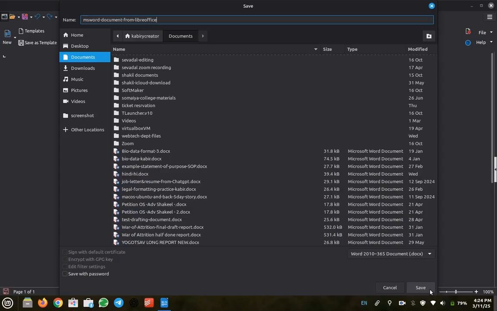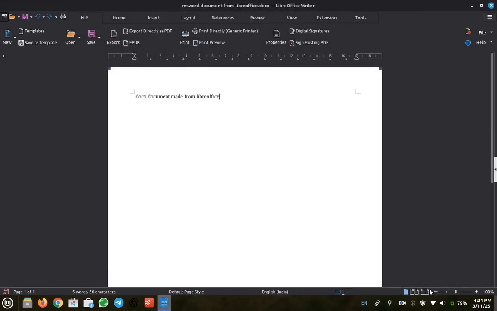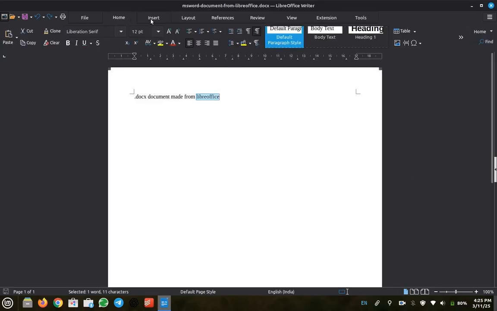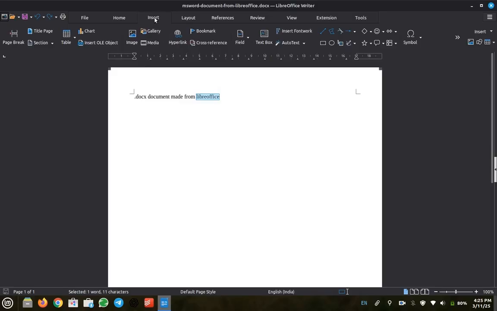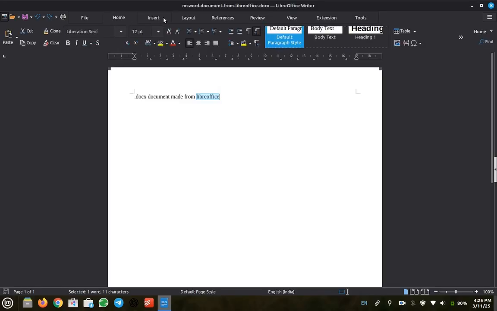That's the most compatible format with MS Office. If you're using LibreOffice on Linux, you will have no problem. And LibreOffice is the best integrated document editor on Linux. It's actually very powerful also. I have also not learned it so much, that's why I cannot show you its true power. But let me tell you, it is as powerful, and that's the reality. It is as powerful as MS Office, and it has everything.